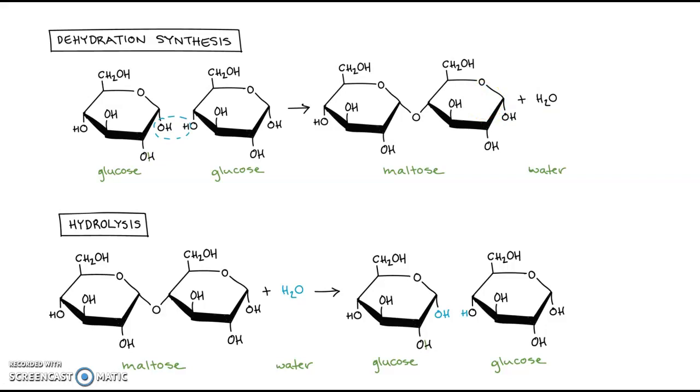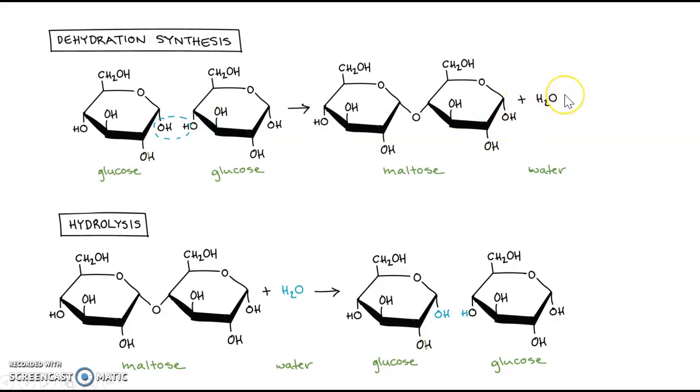The dehydration synthesis reaction is also sometimes called the condensation reaction, but whatever you decide to call it, the important thing to remember is that you're losing water. So you're going to have water as one of the products at the outcome of your reaction. And in this example, we have two molecules of glucose and their hydroxyl group, this OH group that's hanging off of the end here. So two hydrogen and one oxygen are lost, and that is what creates that extra molecule